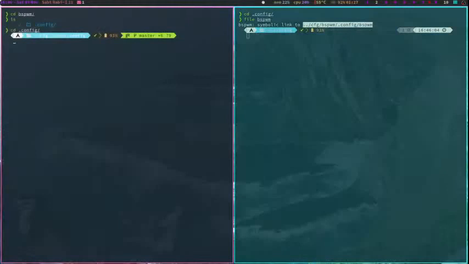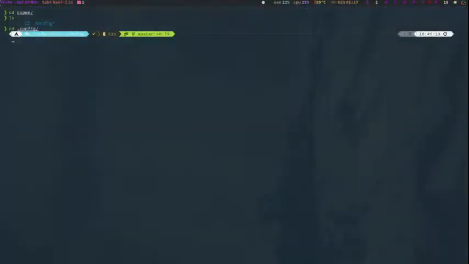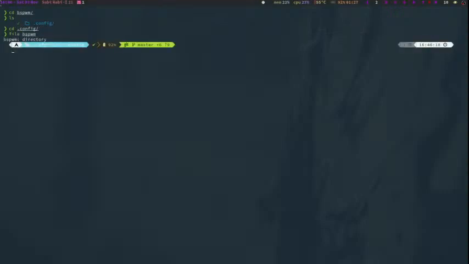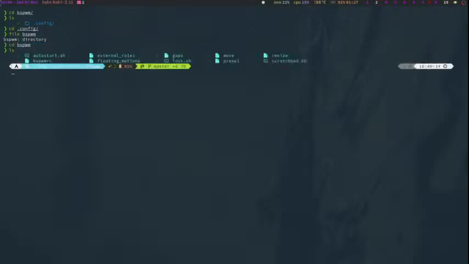Here I will show you how I have created them. So like this one you can see, this one is not a symlink, it is a directory. So I will go to bspwm, and here you can see all my configuration files for bspwm reside inside this directory.